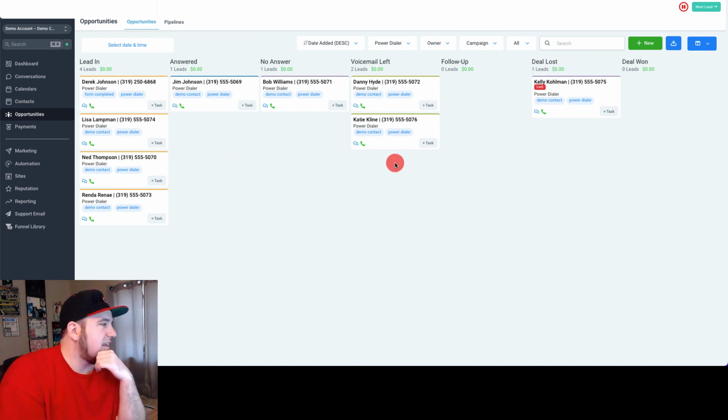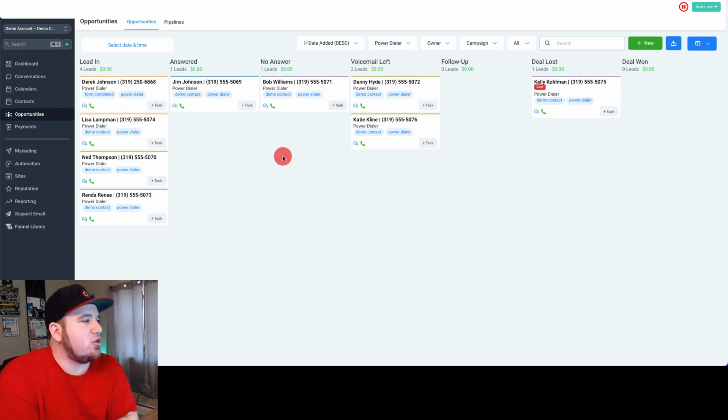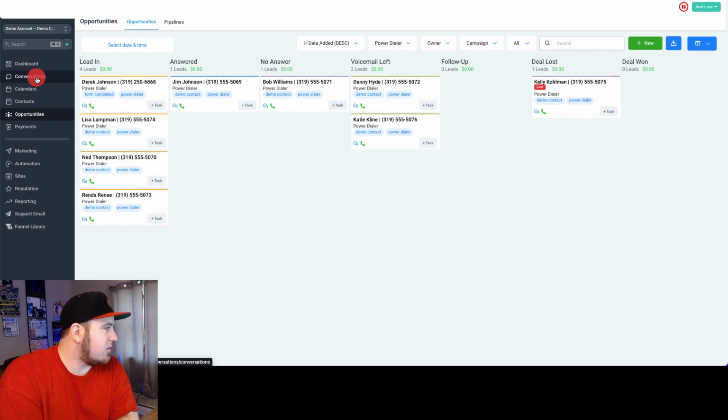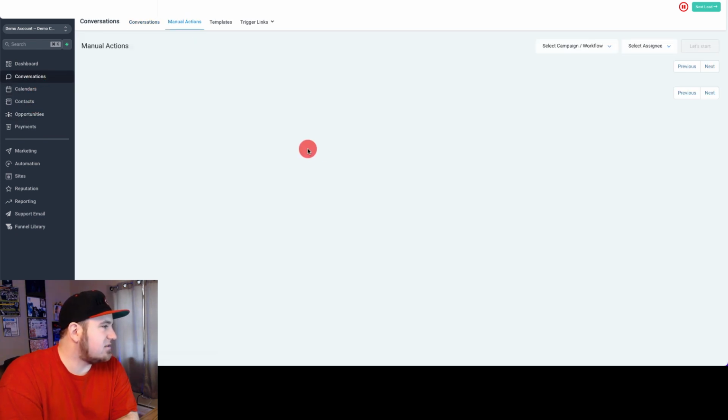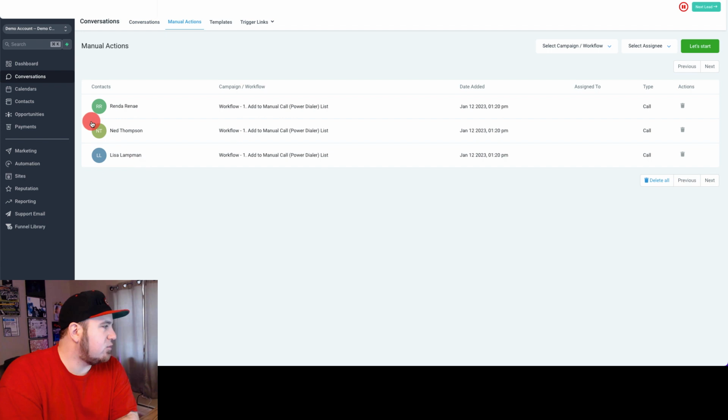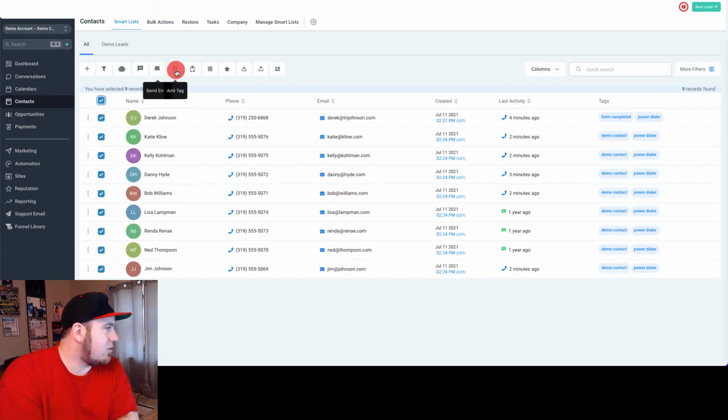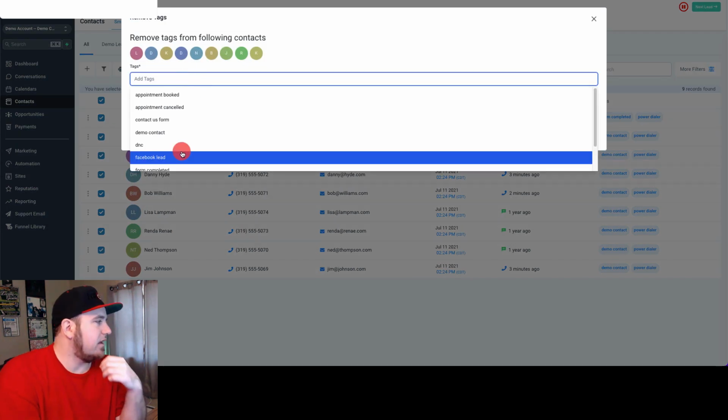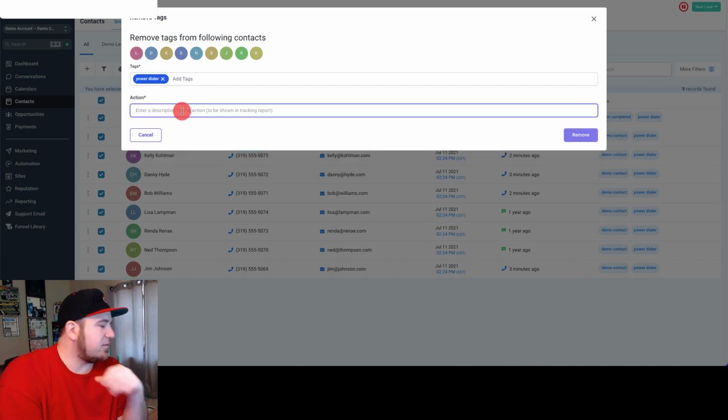Now, if I wanted to clear this pipeline out for a new dialing session, what I can do is remove the tag power dialer from all these leads. So remember, in conversations, manual actions, I still had 3 people queued up to call. I'm going to actually just go into contacts, select all, remove the tag using the remove tag button, and I'll select power dialer from the drop down